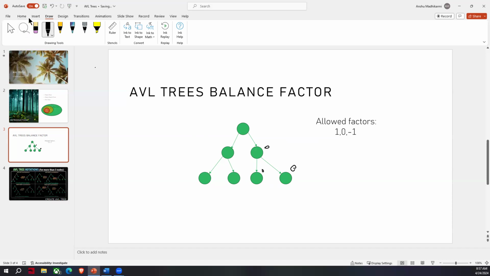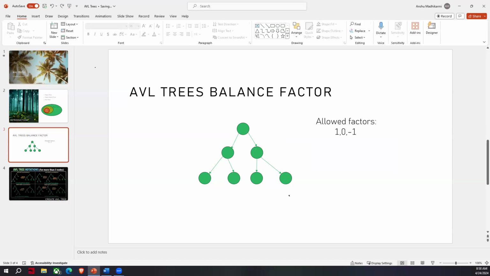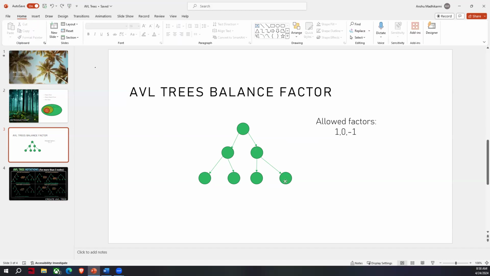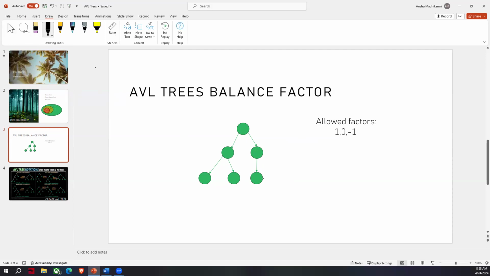But now, if we were to remove this node, for example, then this is still going to be balanced as the balance factors are still going to be in the range. So this is going to be 0, but this one is going to be -1 now. All of these were supposed to be 0, but here, -1, -2, -1, -2. Okay, never mind. So this is still 0, but